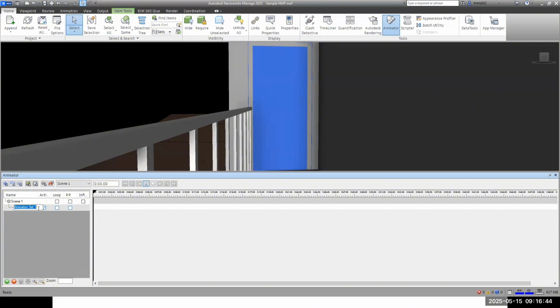So let's say, for example, this is door 1. Later, we will make this door swing automatically after we create a scene. So next, after we select and add the set,